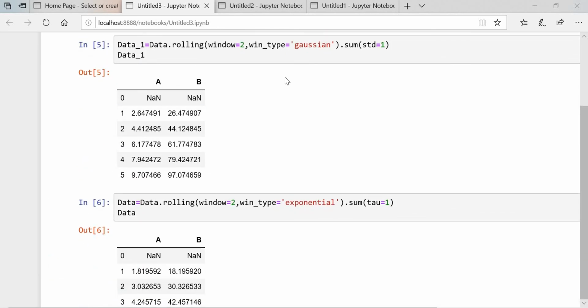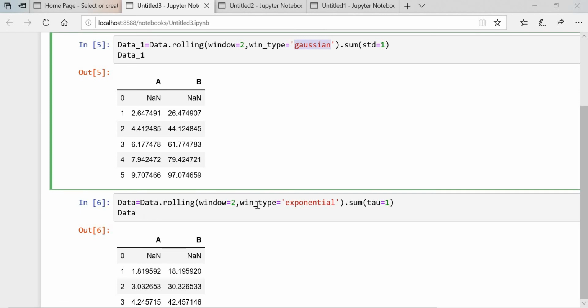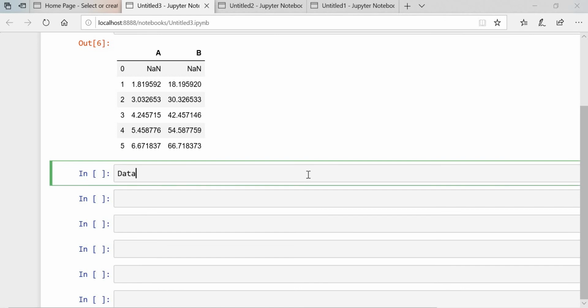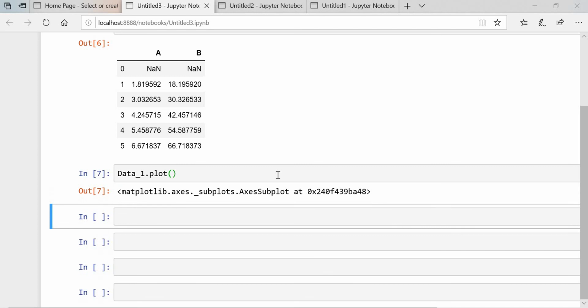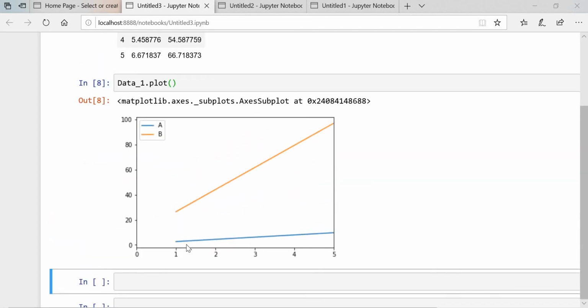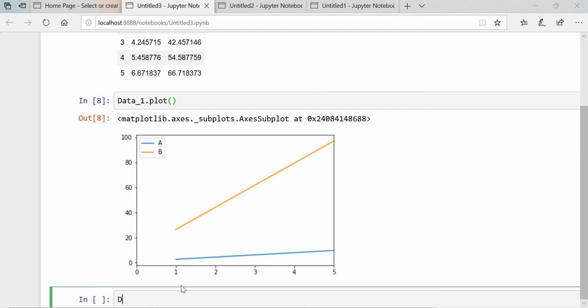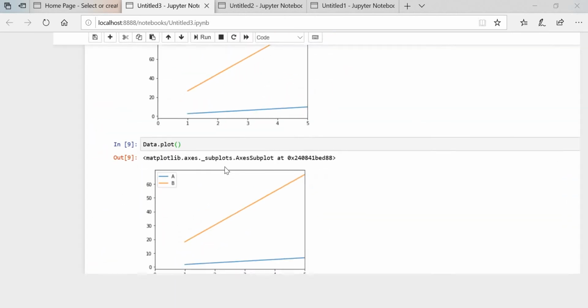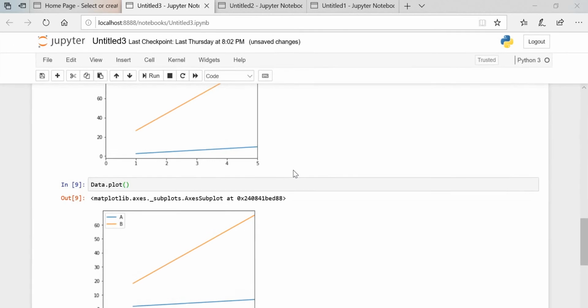We have data_1 with this Gaussian win type, and data we have put with this exponential. So let's say data_1.plot. If you plot this, you can see what this looks like. And what about data.plot? You can see the difference.